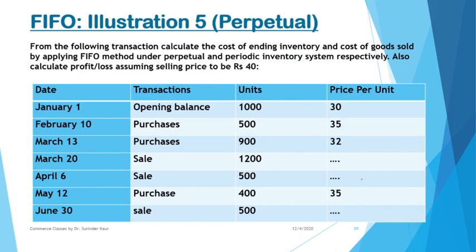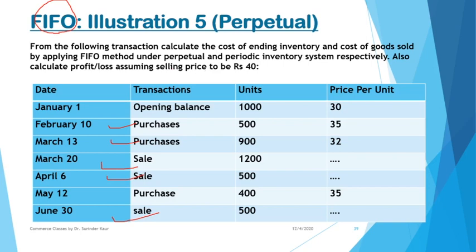Now, what will be the problem here? Under the perpetual system, inventory purchase and sale is recorded as and when it happens in the store's register. So every time you have a purchase or a sale, you will have to assign a value, and you will be updating your store's register to find out the balance. With each purchase, your store register will be updated. With each sale, your store's register will be adjusted. Each time you have a sale, you will be applying the FIFO approach to find out the value of the inventories.